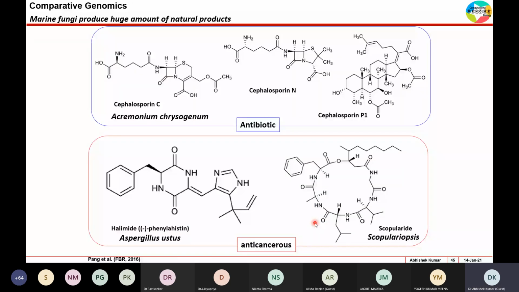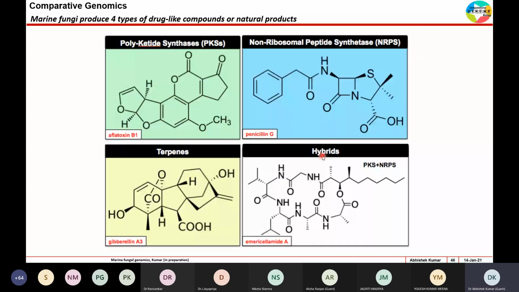Cephalosporins are found in this species. Antibiotics, anti-cancerous, Aspergillus luteus has this compound. Ascopolaride is found in Ascopolopsis, which we have covered extensively. And then normally in fungi, there are PKS, NRPS, and terpene, like 3 types of drug-producing compounds, and these compounds are then coming into